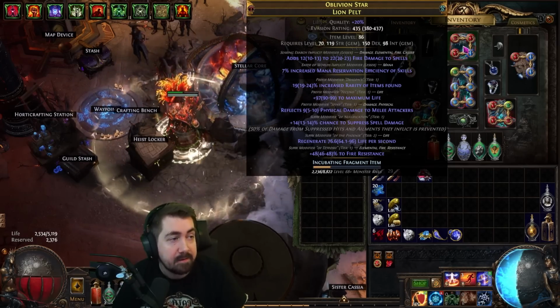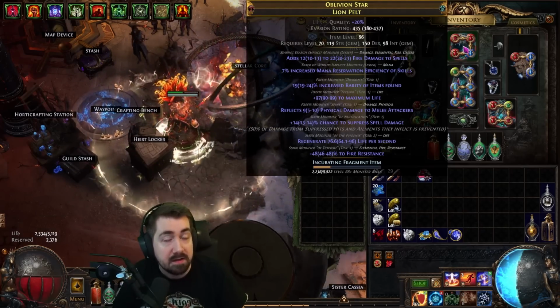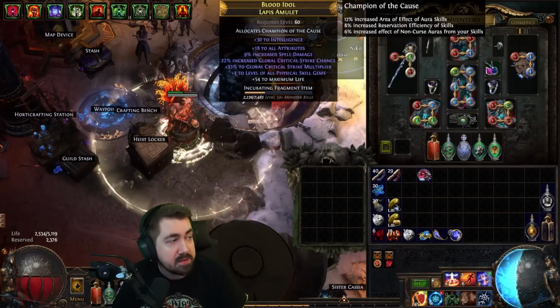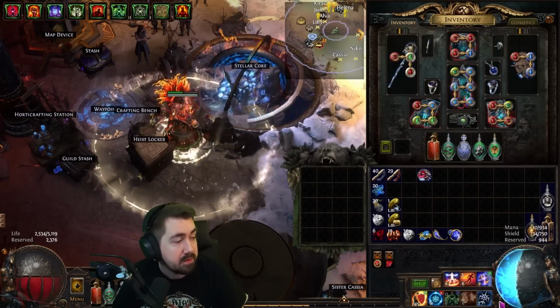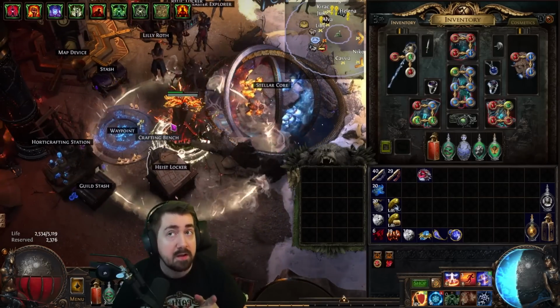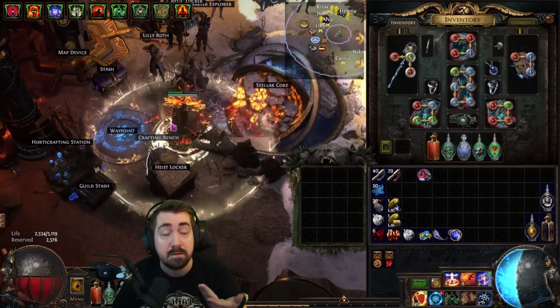You could, instead of life regen, have reservation. But life regen is really, really nice for this build as well. And I actually want more. All of that reservation, and then Champion of the Cause, and then I was able to fit everything. I think I could have 1% less reservation. Another thing that you could do instead of what I'm doing as well, you could get up to 5% reservation